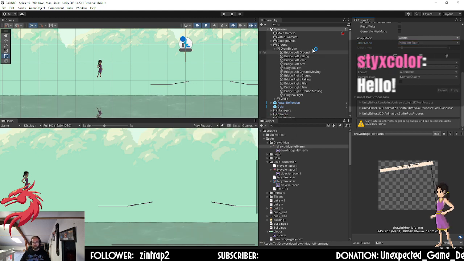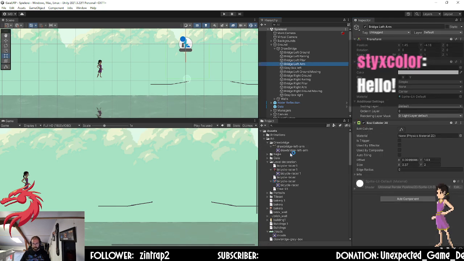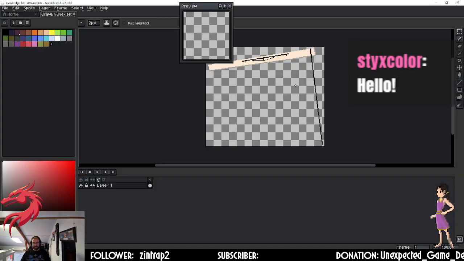So now that I have that, I can put this back and put that sprite there. And that should fix at least part of my drawbridge. Although it's not in the correct place at the moment, but that is something I can fix later. First let's put everything back where it's supposed to be, and then we can start working on the other things again. It's a little bit of a drawback, but